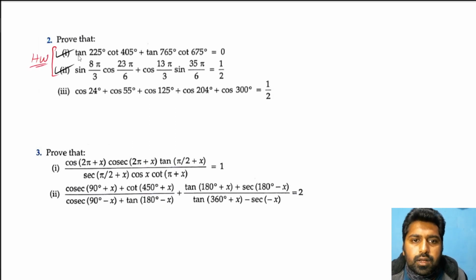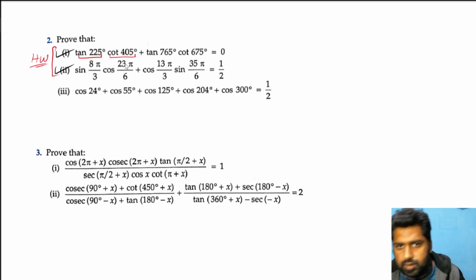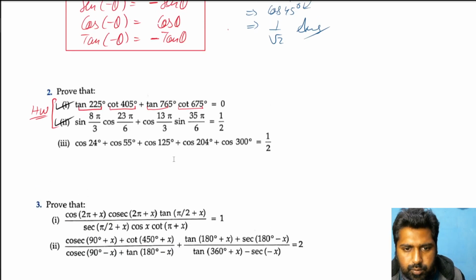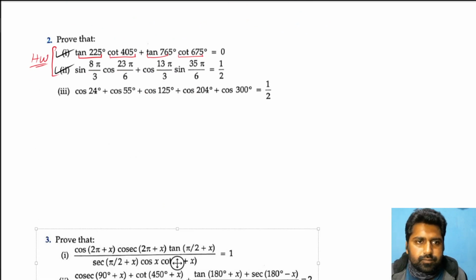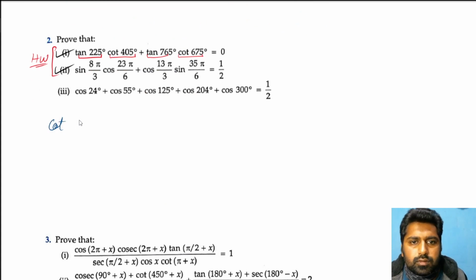How do you do that? Calculate separately tan 225, calculate cot 405, calculate tan, calculate cot. I haven't discussed cot, so I'll explain how to deal with that. One value I'll tell you how to calculate, the rest is pretty much the same. Suppose cot 405, so I'll solve this. So first of all,